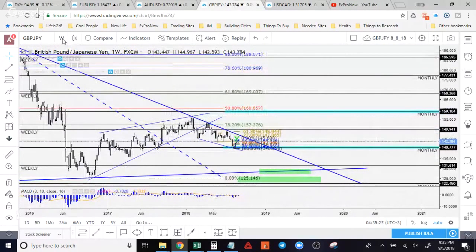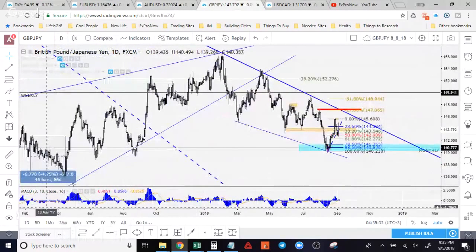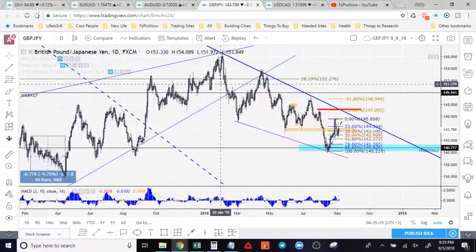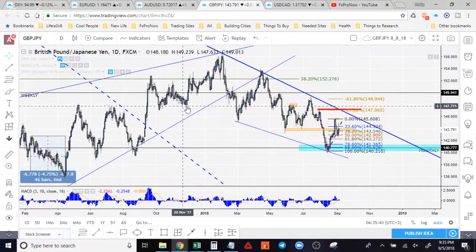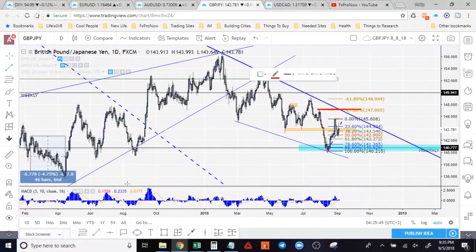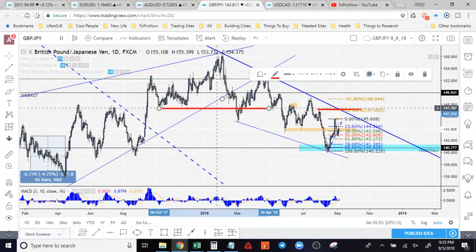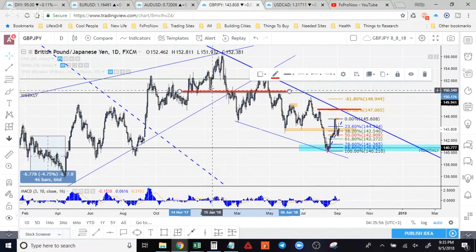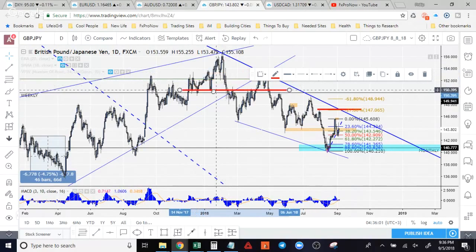But either way, let's go to the daily time frame. What we see here is that price was just doing that retrace based upon that weekly because it needed to do that, right? Now, it broke structure right here. Anytime it says break structure, what that means is going from one trend to another trend. So it was an uptrend, price broke structure over here, and if anything, you could say price broke structure over here. If anything, this is actually the break structure right here, and this can also be the break structure right here, but I feel more confident in this one right here because you can see price retest that area